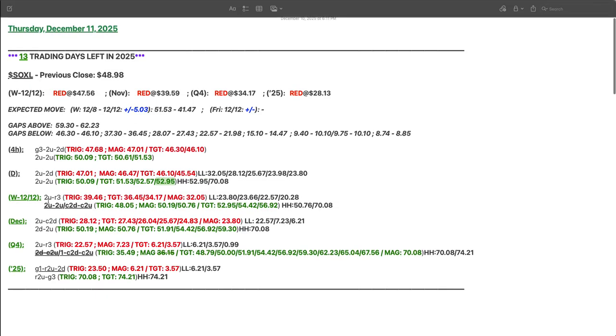On the week, we have triggered and we are still in force on this 2 up. I'm sorry, let me start over. We are in a 2 up, but if we reach this magnitude of 5019, that then triggers a combo 2 down, combo 2 up. So again, this 5019 is the last month's high, so looking to break above that